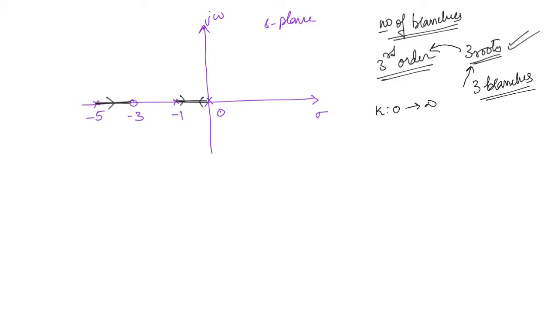So here we have got one branch from -5 to -3. This is branch 1. We need to find 2 more branches; 2 more branches are left to be drawn. Another question that you might get is, why should we take the root locus on the real axis only at those points to the right of which there are an odd number of poles and zeros? This will depend on the condition of magnitude as well as angle.